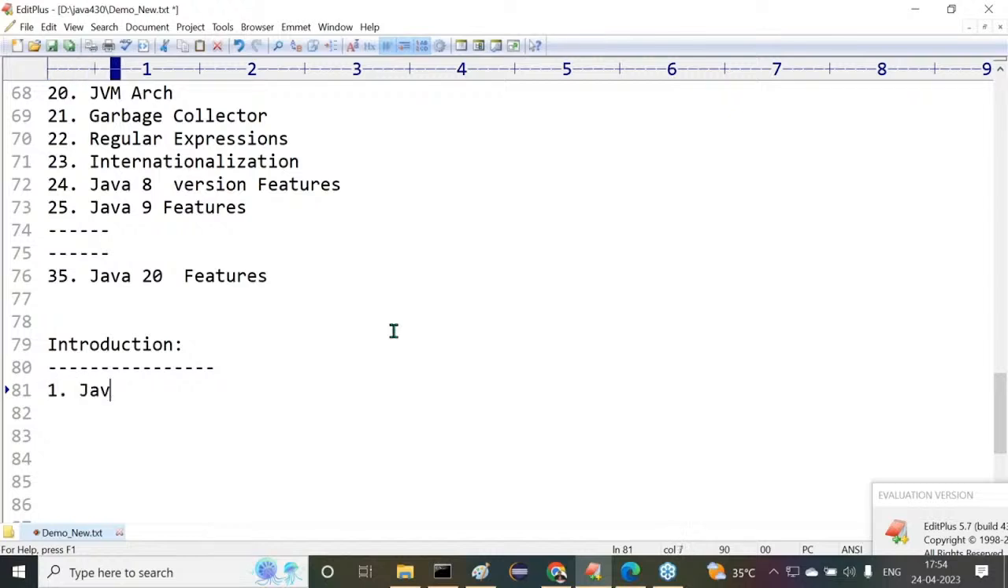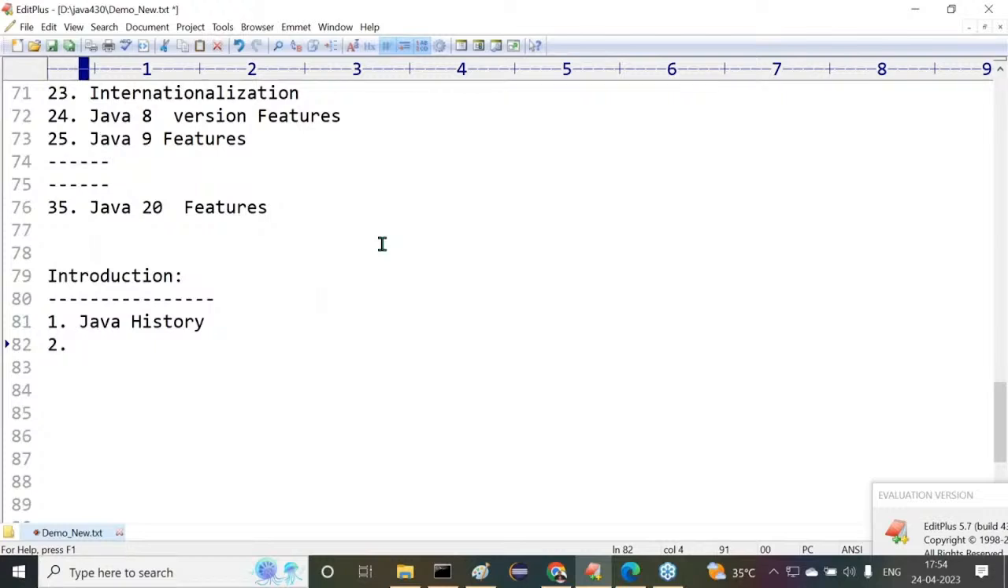First one is Java history. Why did Java come into the picture? Who has provided Java? What exactly is the work that the Java people have done to prepare the Java programming language? All these points, the content here, we are going to understand in Java history. After this,